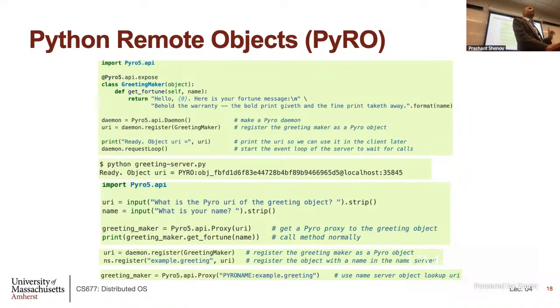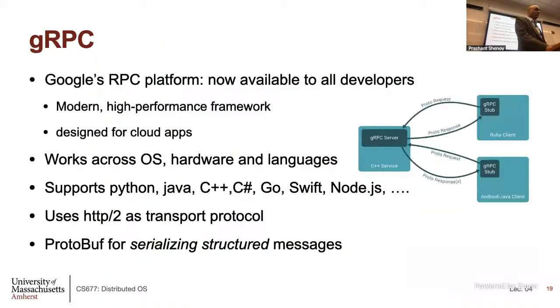So that's your Pyro code. This is how you are going to write it if you are going to do your labs in Python and end up using Pyro. This is the type of code you have to write. If you do it in Java, you will use Java RMI. All right. So the last thing I will mention here is